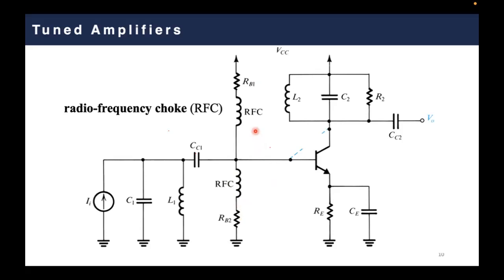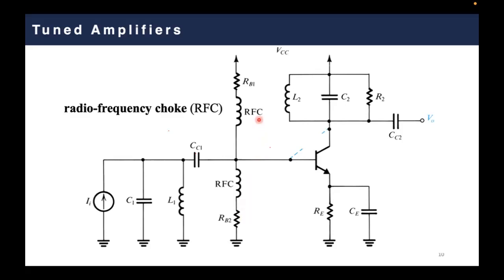So while you are doing your DC analysis, these coils will be directly considered as a short circuit, making the sufficient DC biasing to the base point through a potential divider between RB1 and RB2. However, once your frequency gets higher to the AC frequency needed, you can adjust your coil value so that this